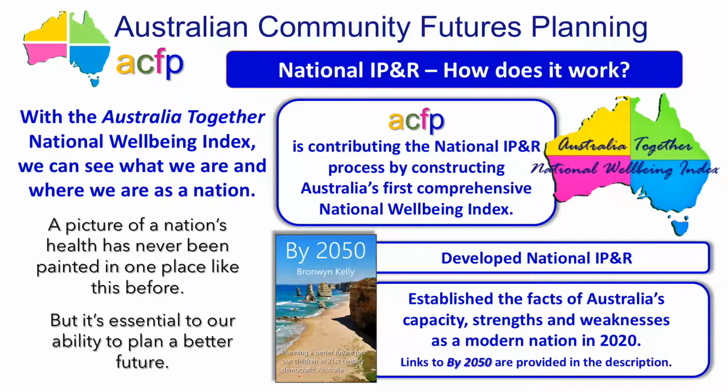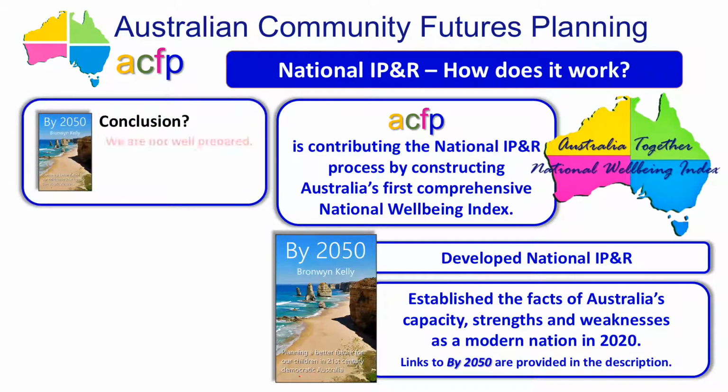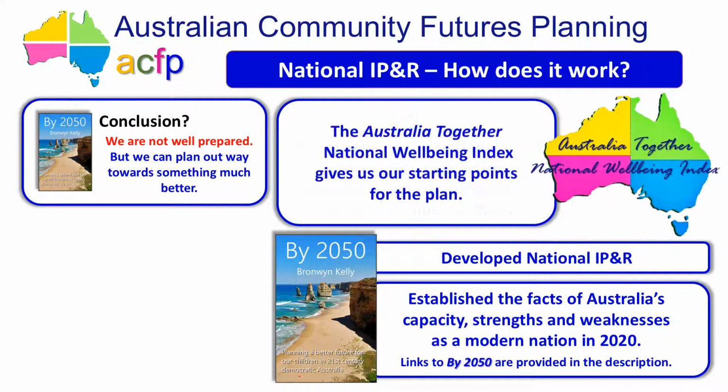The conclusion? Well, we are by no means well prepared, but we can plan our way towards something much better. To do that well, we have to know not only where we want to get to by 2050 or sooner, but also where we are starting from. Hence the need to build the Australia Together National Wellbeing Index. It gives us the starting points. To help Australians become familiar with these starting points,